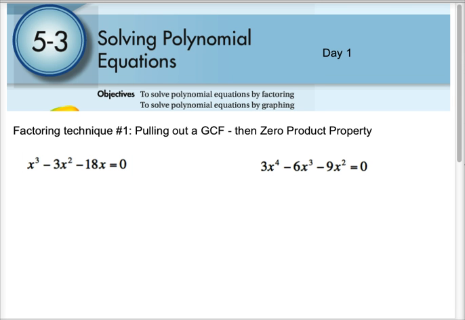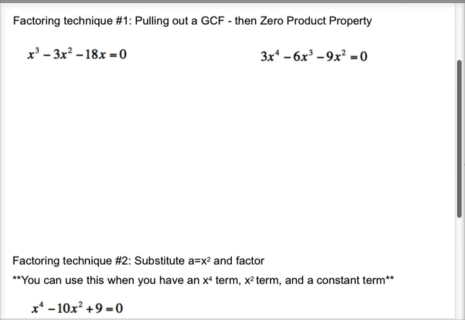Back in chapter 4, we discussed how to pull out a GCF and then use a zero product property to find the zeros of these polynomials. So, again, we're just going to review these first two. However, it's something that you saw last chapter. So, for our first one right here,